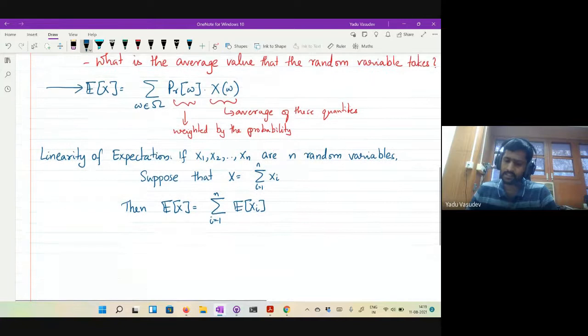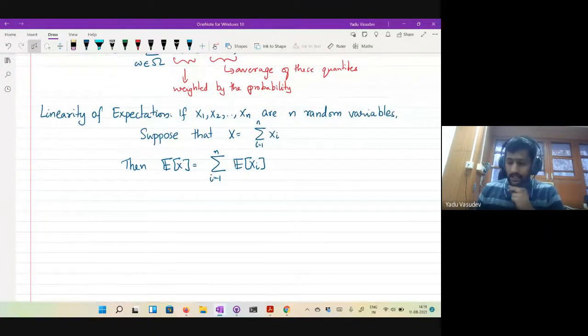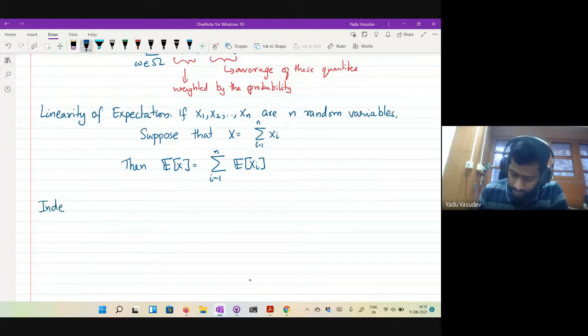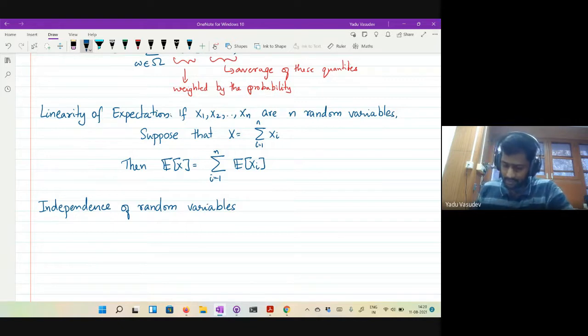And the other thing is, just like you have the notion of independence for events, you have the notion of independence of random variables. The idea is fairly straightforward.